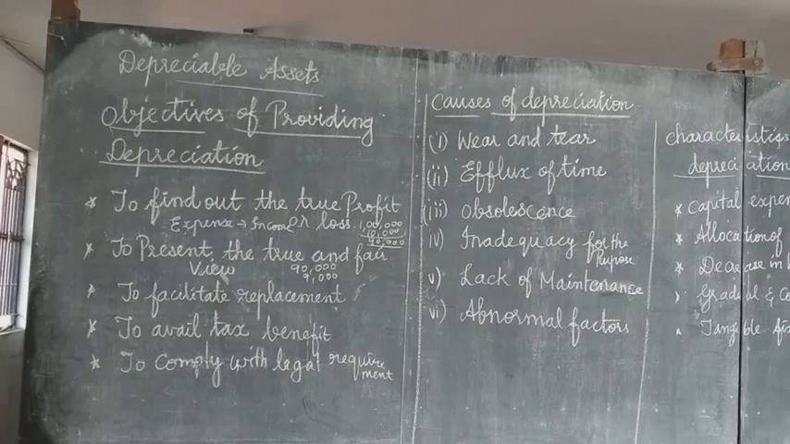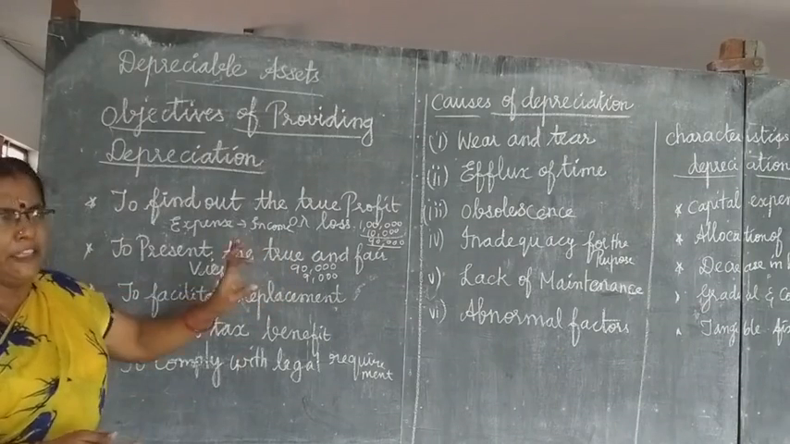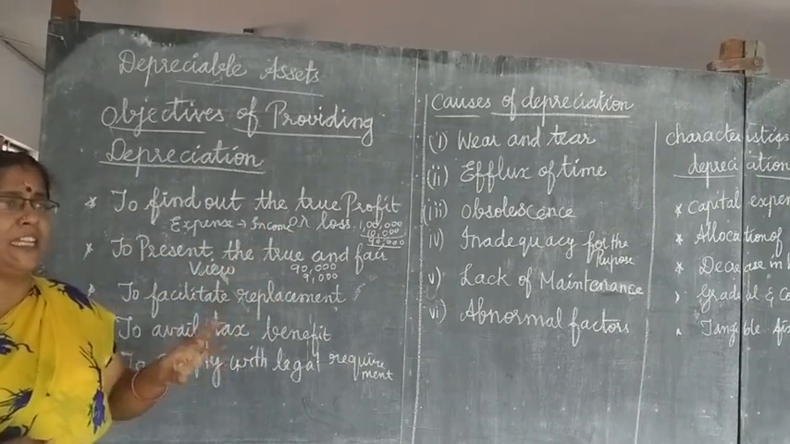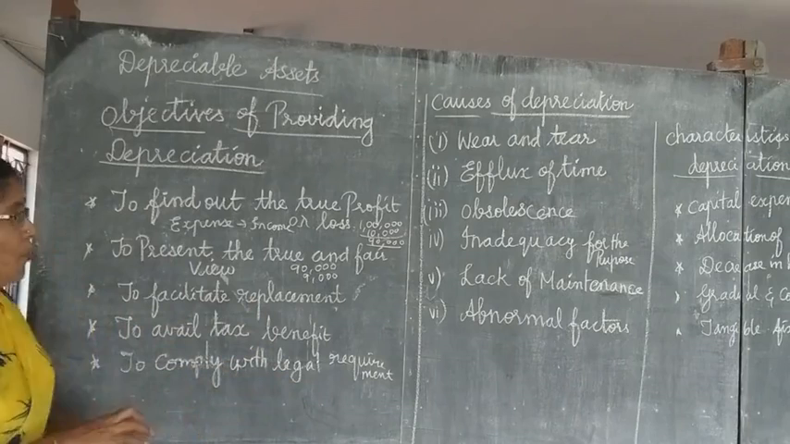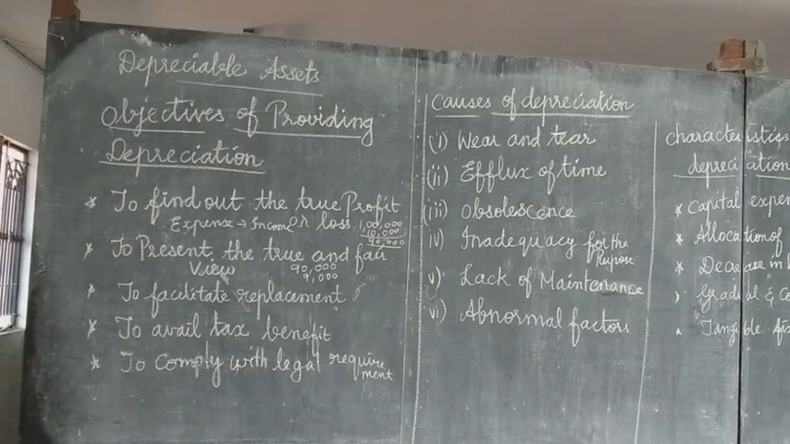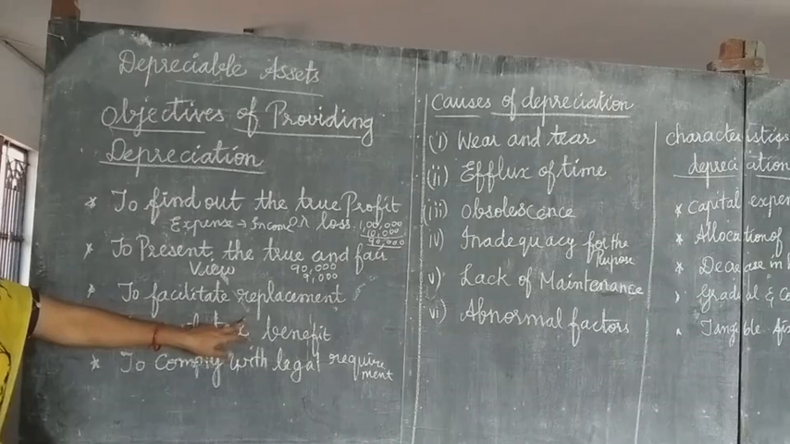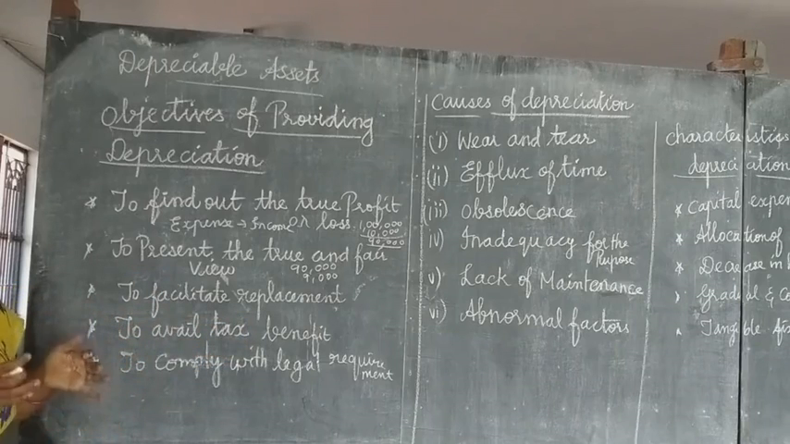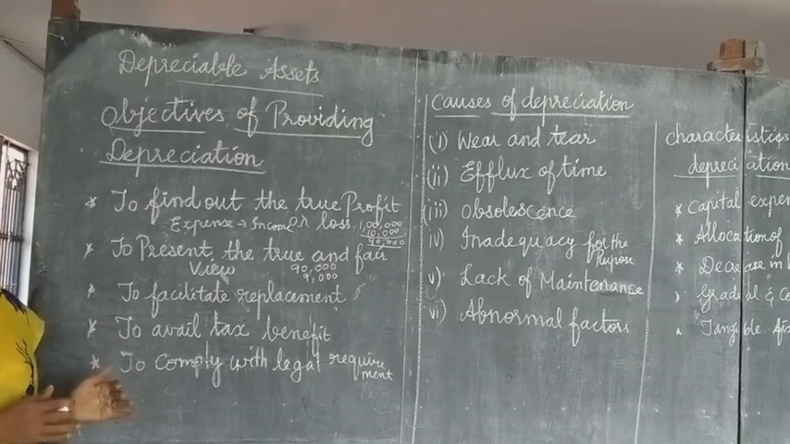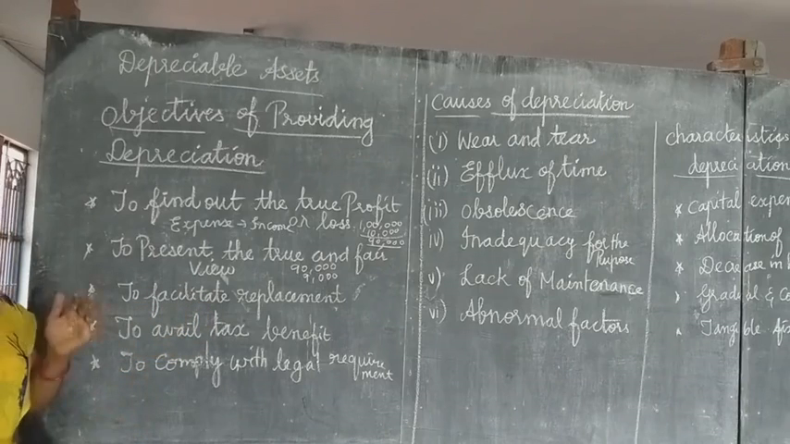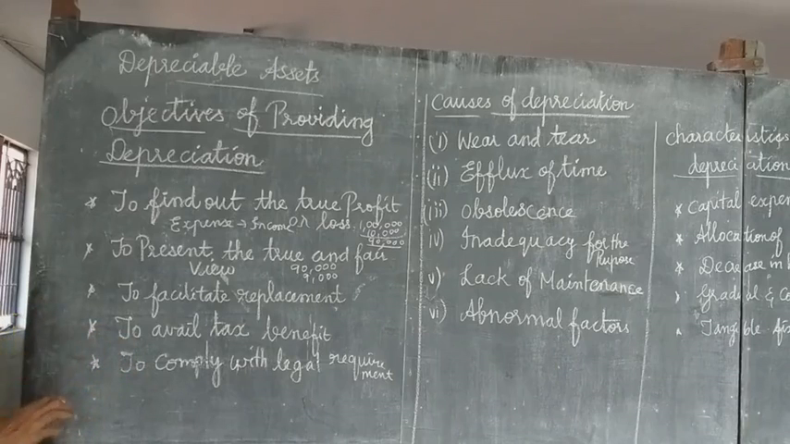So when the useful life of an asset, for example a fixed asset that will be used for 10 years, is exhausted and comes to an end, a new asset can be purchased by using the resources available in the business. Are you clear? Whatever resources I am allocating now, after the useful life of the asset, after 10 years or after 9 years, I can purchase the new machinery without any hurdles. Then, to avoid tax benefits,